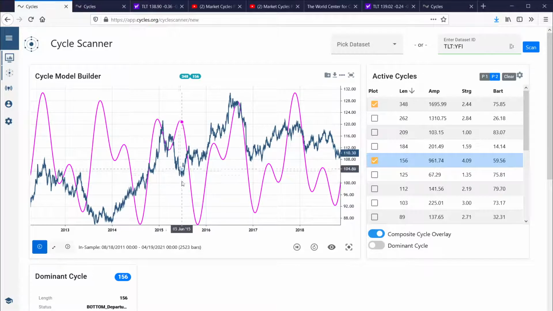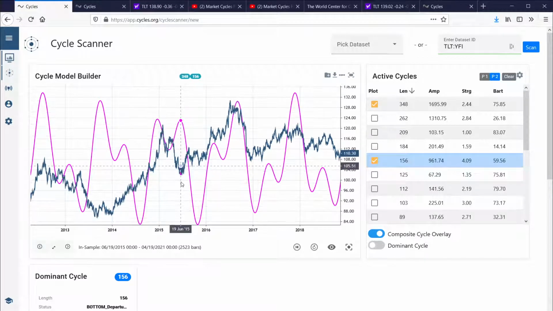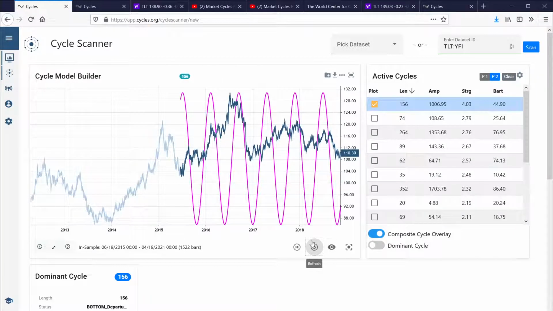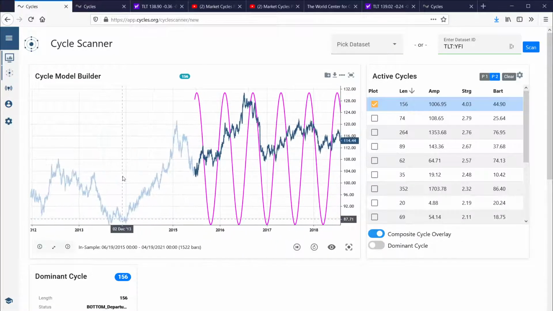Then we click on the chart here. We do a second click, and now you see by this light blue indication that the analysis starting point has shifted to this point in time. Now we need to update the analysis. We need to refresh it. We do this by clicking the refresh button here. And now you see that it switched visually. So the light blue data, which is shown here, is out of sample. It's still shown on the chart here, but it has not been used for our analysis here.